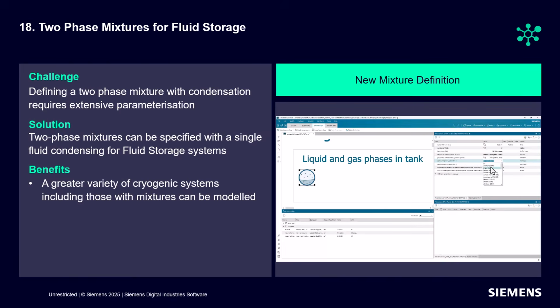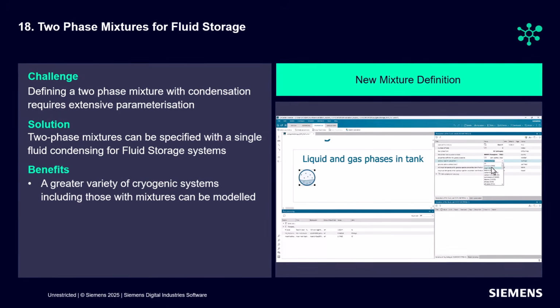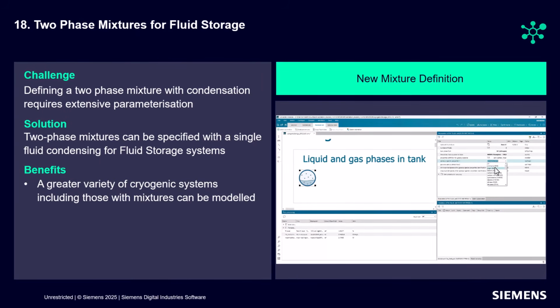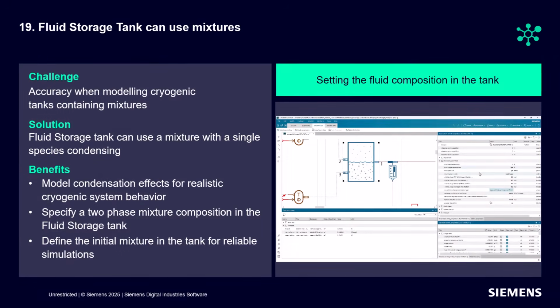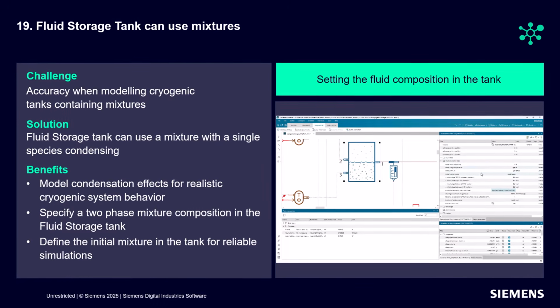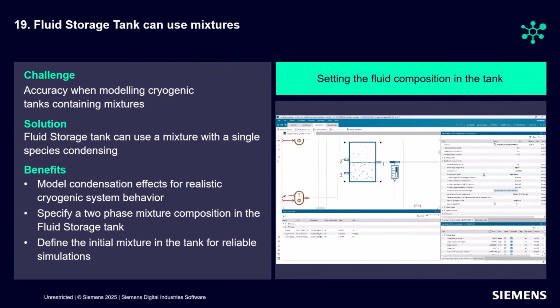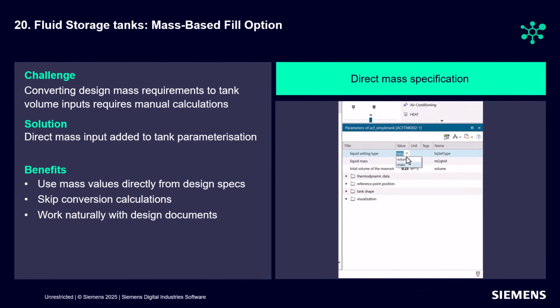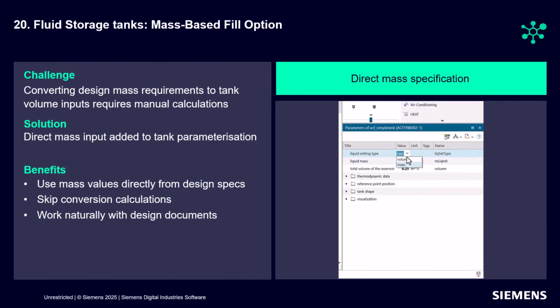So let's highlight some of the improvements made in the latest SimCenter AmSim 2511. From this release, we can define two-phase flow mixtures. To do that, select the fluids that will be added to the mixture from our fluid database. That means that our tanks support two-phase flow mixtures too, allowing you to simulate more complex scenarios of multiple fluids mixed, one of which can condense. We also improved tank parameter definition, where now you can define liquid mass directly instead of recalculating it manually.